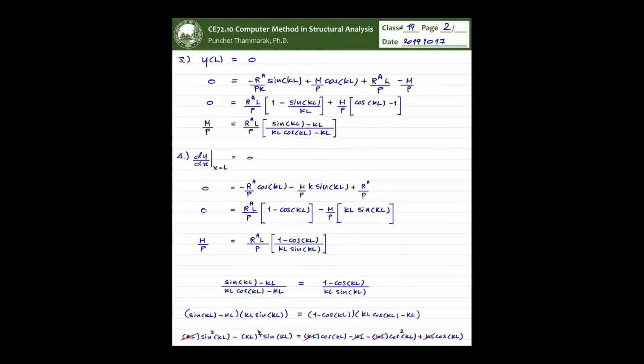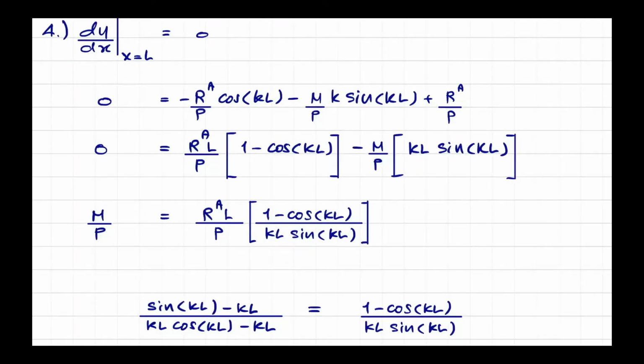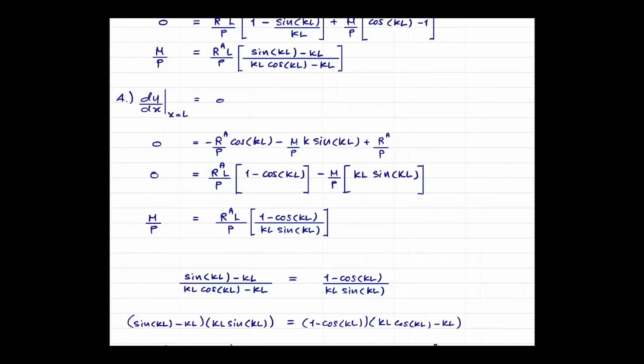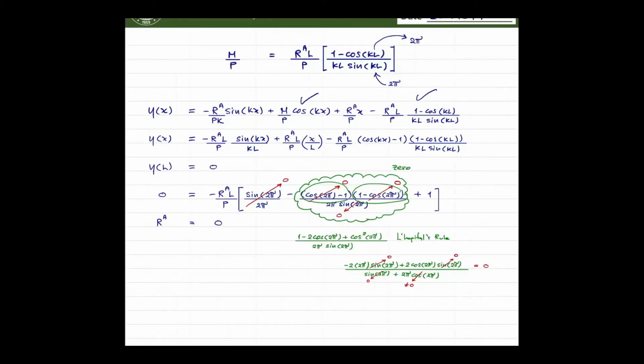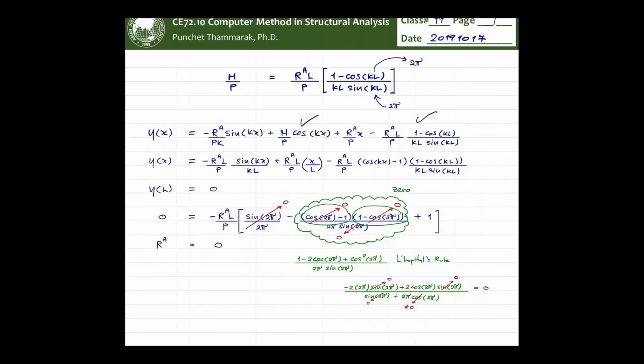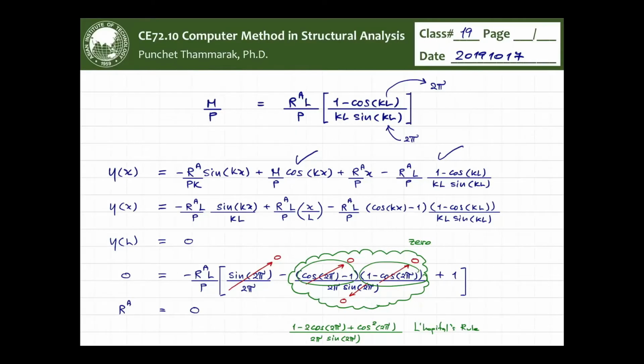Do you want to verify that M goes to infinity? It could be, but okay, it might waste a lot more time. Well, if the RA is 0, let's come back to here. I'm not sure if everything is written in terms of RA right now. M over P. If RA is 0,